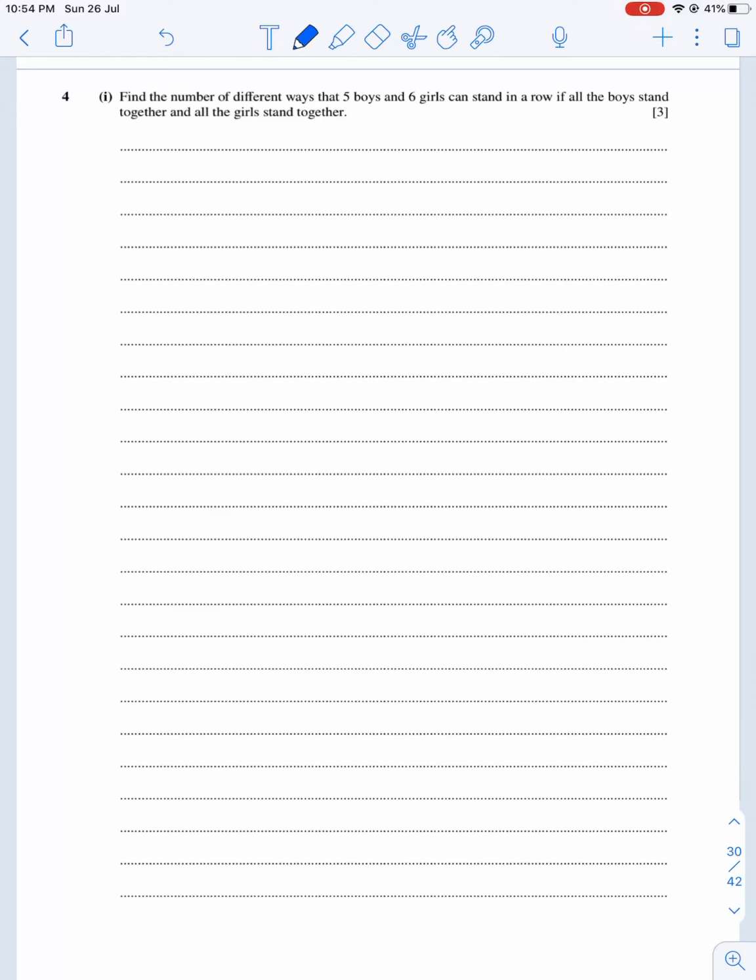Okay, the next question, number 4. Find the number of different ways that 5 boys and 6 girls can stand in a row if all the boys stand together and all the girls stand together. So if you've got 11 people,